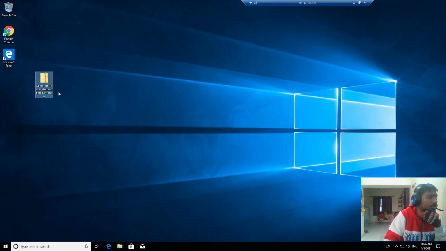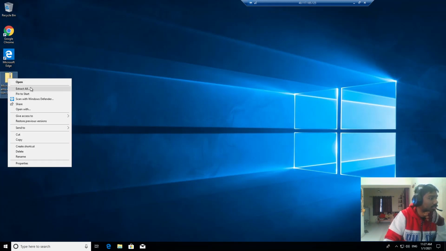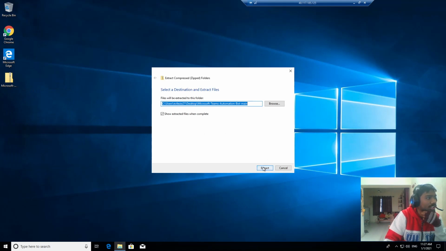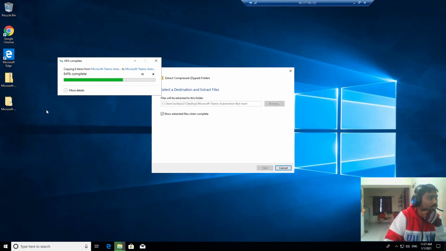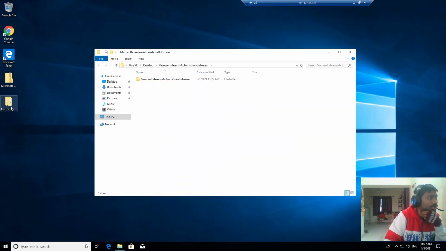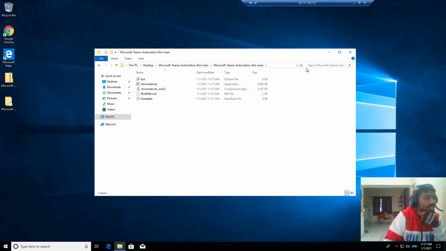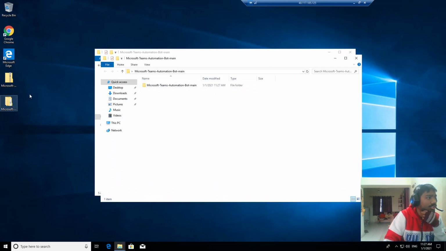It's preferred to move it to the desktop. So extract all. I'm extracting here. You can see this folder, and here are all the required files. I just simply want this folder.